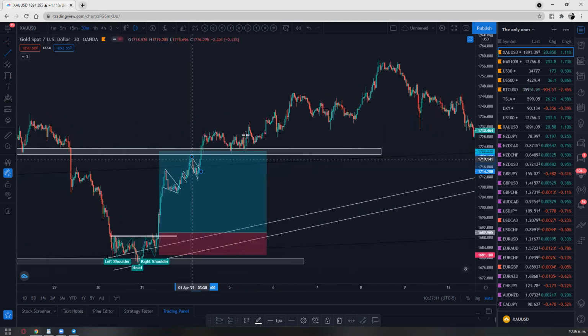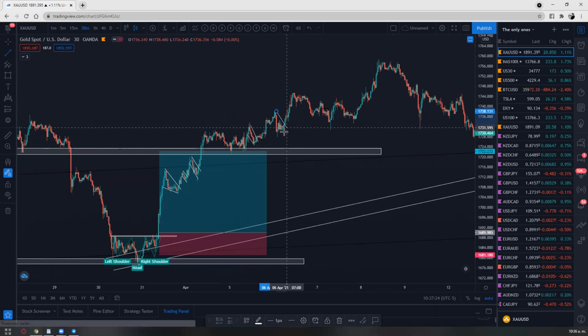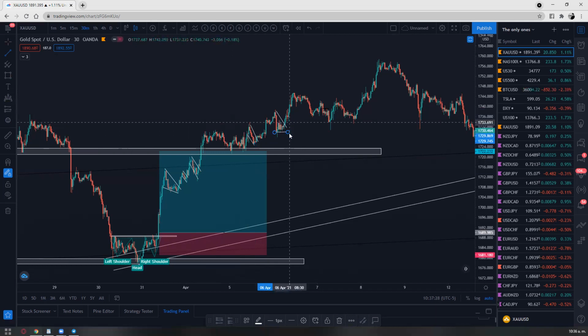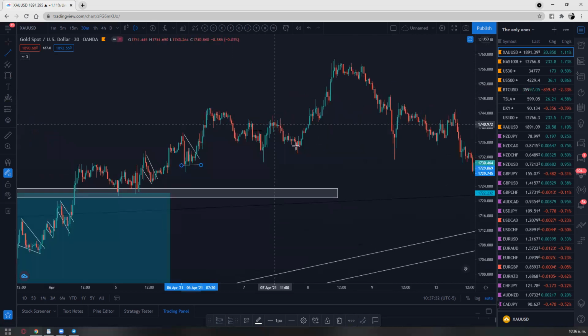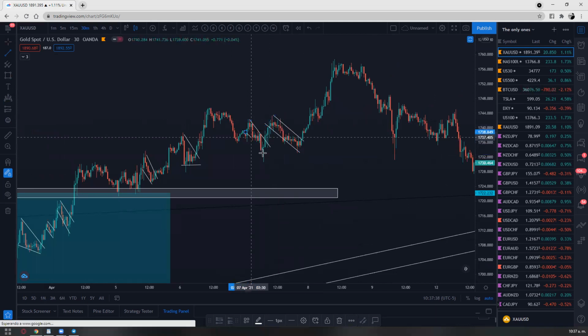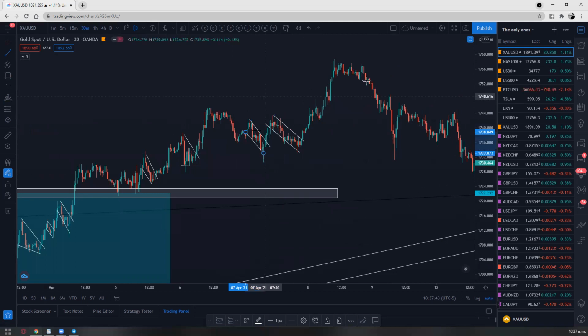and then it did another, it looks like a double bottom as well. It looks like a double bottom, double touch. And then boom, started to push up again. And then you start seeing patterns all the way up, some type of triangle patterns, like this. It happens as well. This type of patterns happens a lot on gold. You can see patterns everywhere. Whenever the price is pushing up, you will be seeing continuation patterns this way, like this.